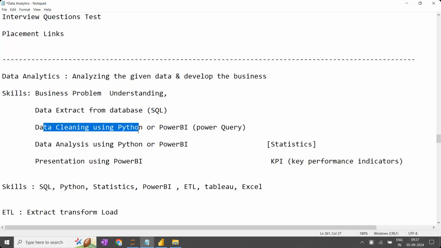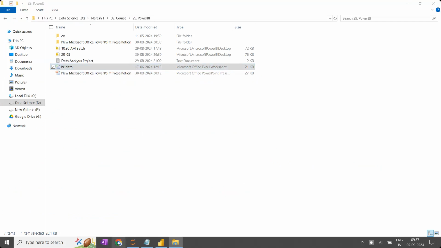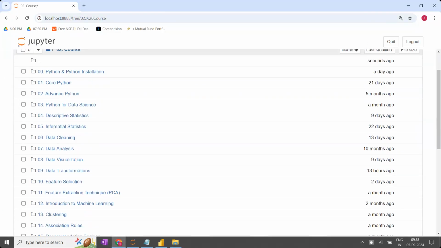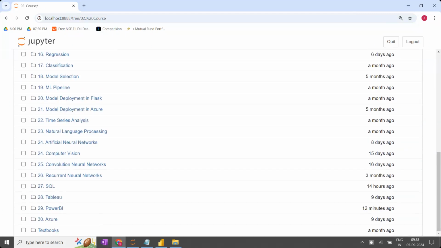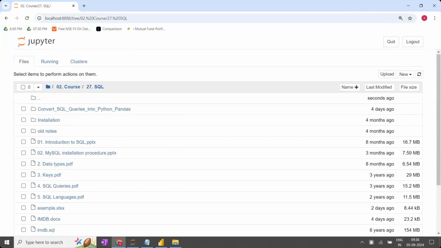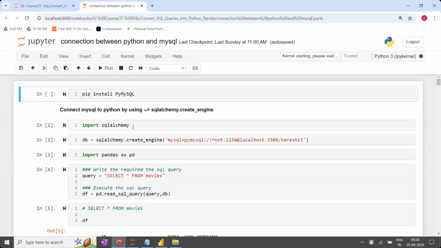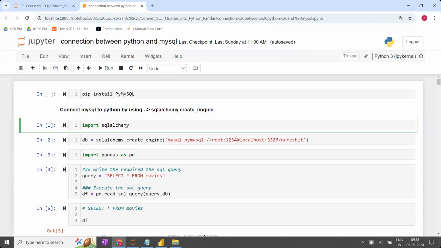There are separate libraries available. How to connect to your database? Libraries are available directly within Python. So see here, I'm going to show you the connection between Python and MySQL. There is a library called SQLAlchemy. This is the library. Okay, SQLAlchemy. With this library we are going to have MySQL with Python, and it will connect to your database,